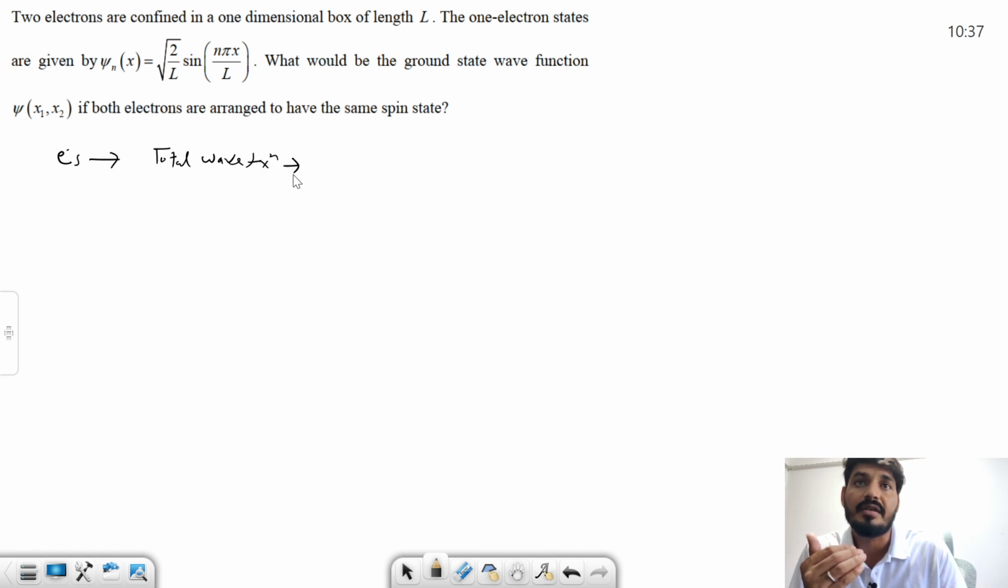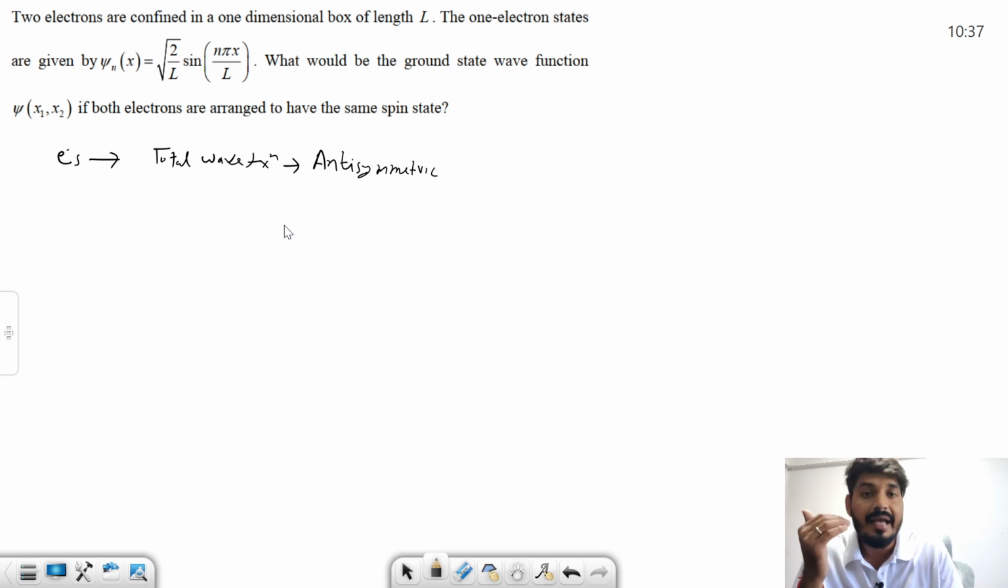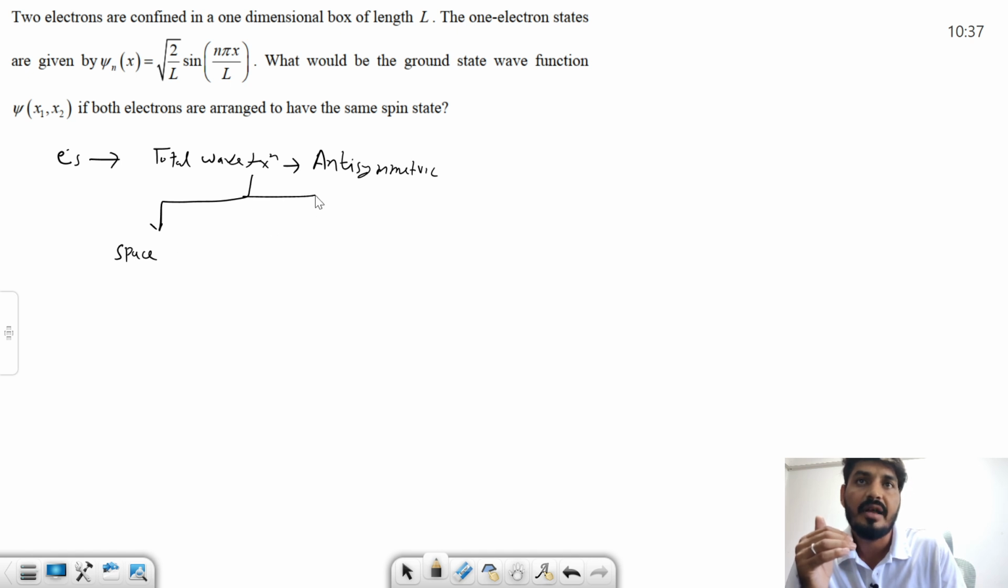Total wave function must be anti-symmetric. I hope you know this, because the wave function of fermions is always anti-symmetric. Now see, the total wave function has two parts. One is the space part and second is the